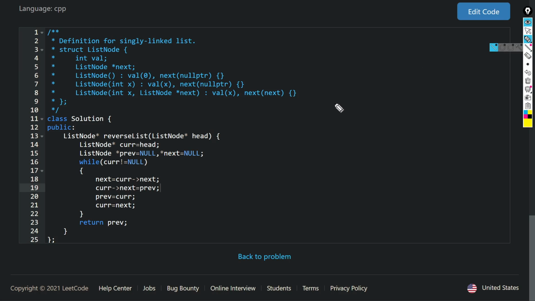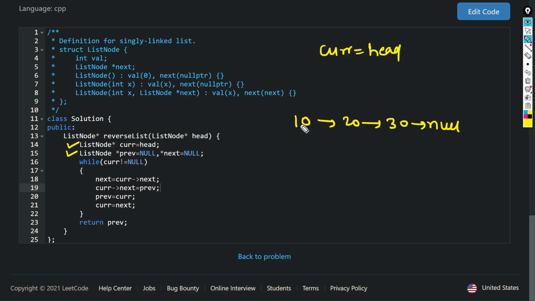I will take an example for better understanding. Suppose we have 10, 20 and 30, and then null, and we have three pointers: current, previous and next. Initially, current is pointing to head, and head is pointing to 10, and previous is null and next is also null.